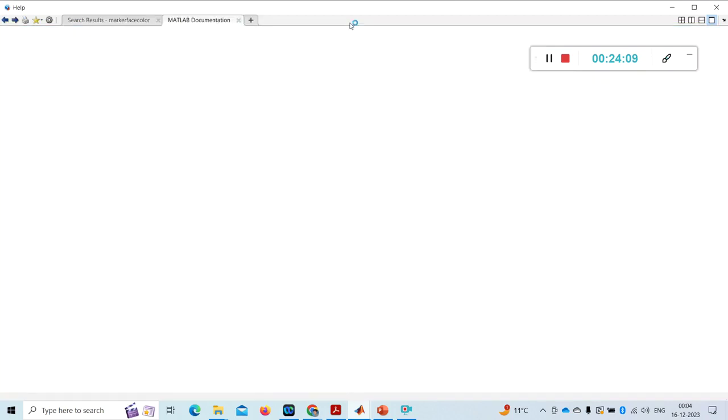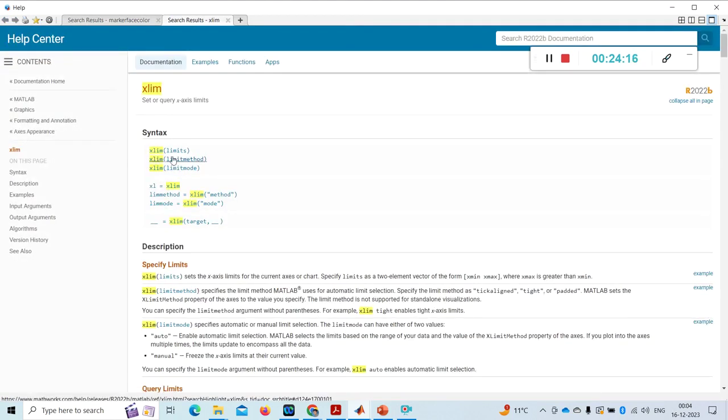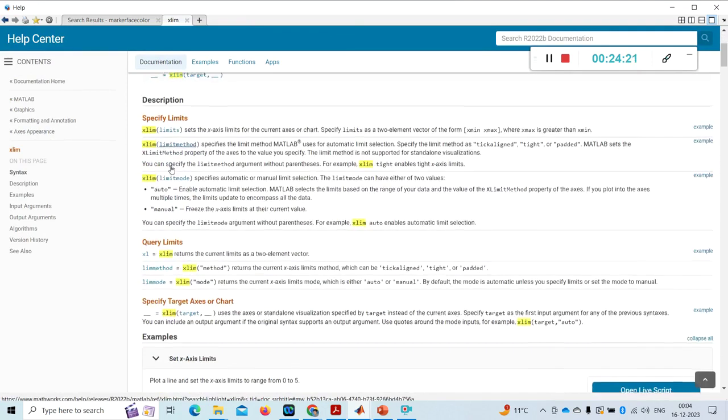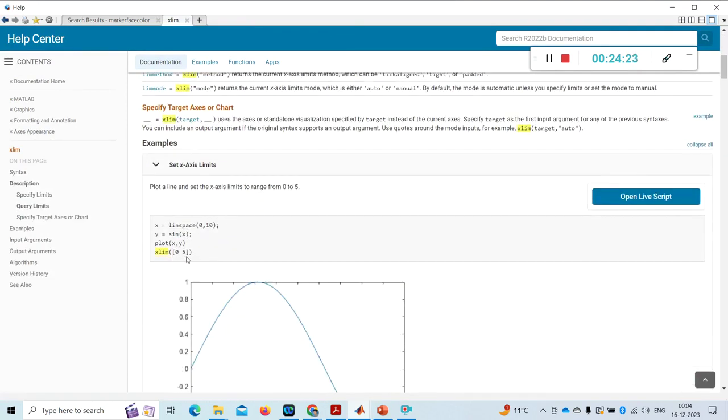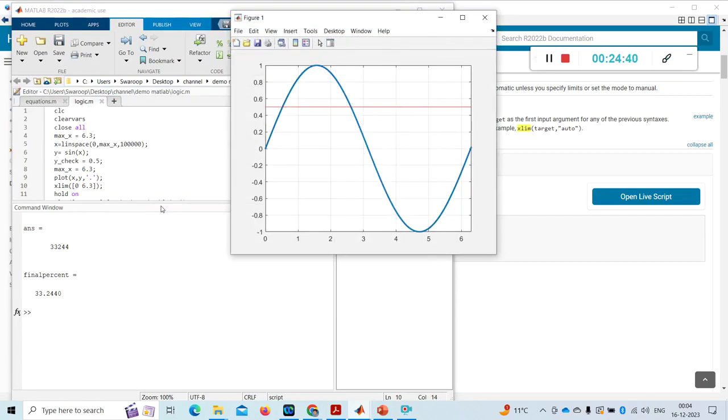I forgot, what is this Xlim? Yeah, Xlim limits. Okay, oh, in this way. Another bracket. Okay, yeah, we got it. See, the final percentage is